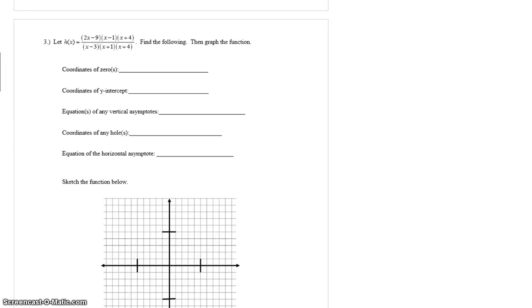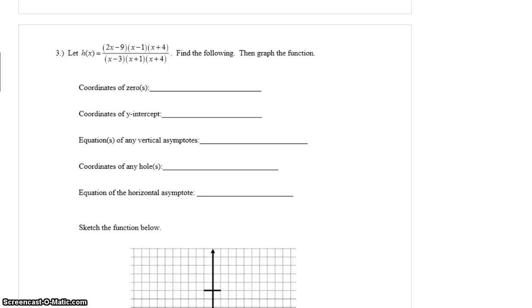So it says let h of x equal 2x minus 9 times x minus 1 times x plus 4 over x minus 3 times x plus 1 times x plus 4. And it says find the following. So doing the same thing, except this time it's given to us in factored form. The first thing we can do is find our hole. Looks like we have one at x plus 4, sorry. So our graph is going, our